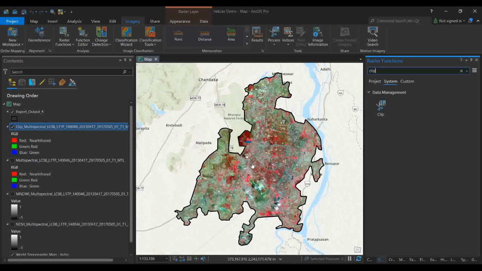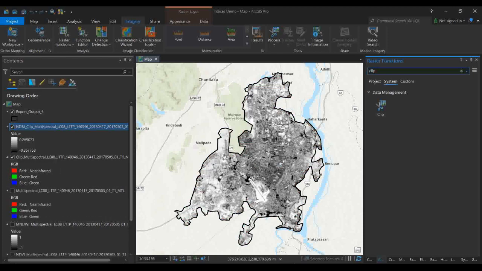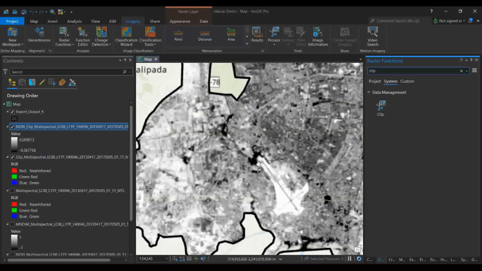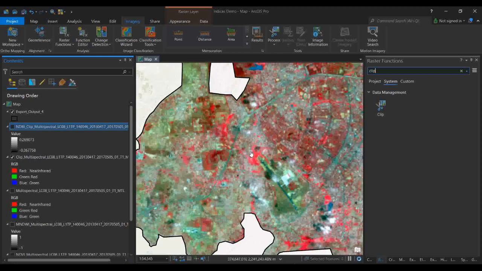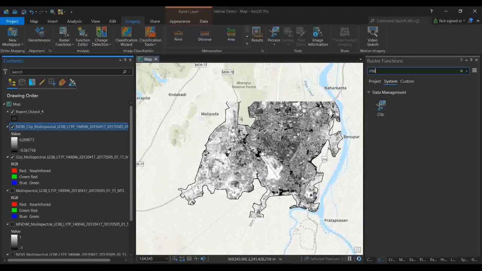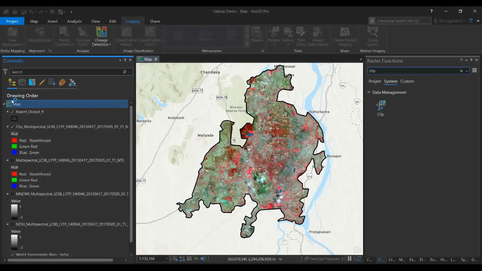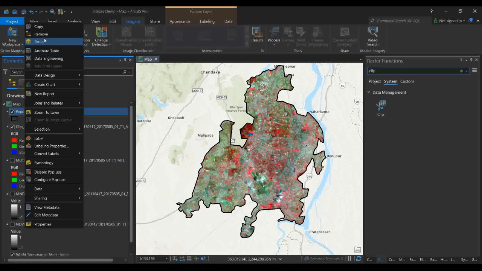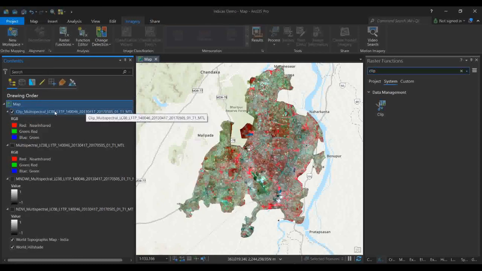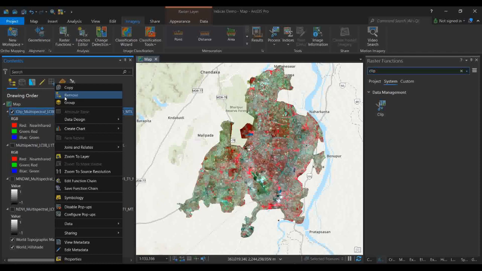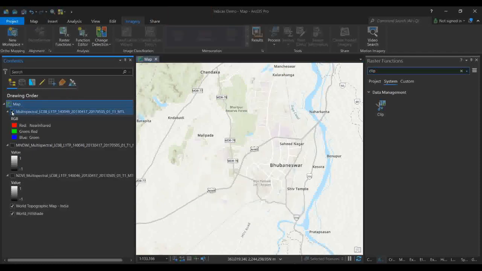Now you see wherever there is a built up area, like this is a runway, okay, those areas are highlighted, and wherever there is vegetation, those are coming black. You just see here, definitely this will be the vegetation, and you see here, yes, this is the vegetation. Okay, so these are the techniques which you can follow for the indices to enhance and target the information. Now many people also asked me, so this is the enhancing thing. Another thing you can do is called extraction. So you can extract the information from the image also.